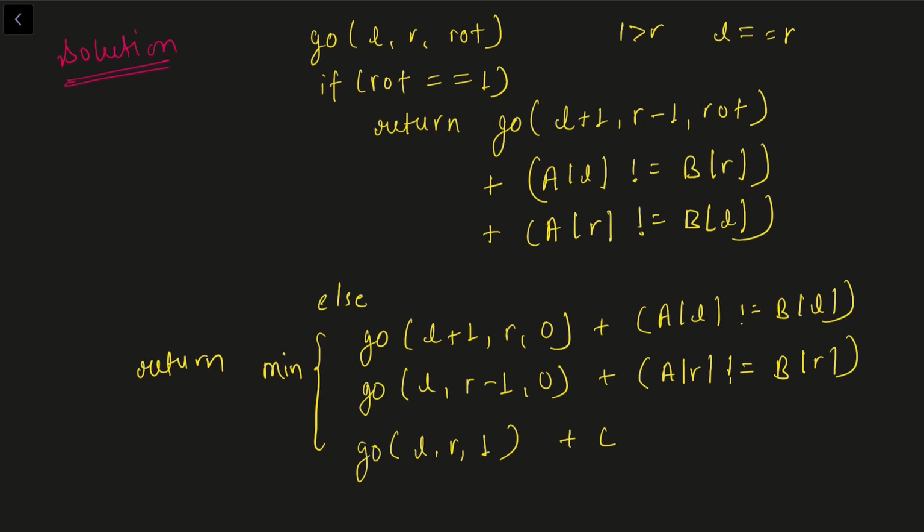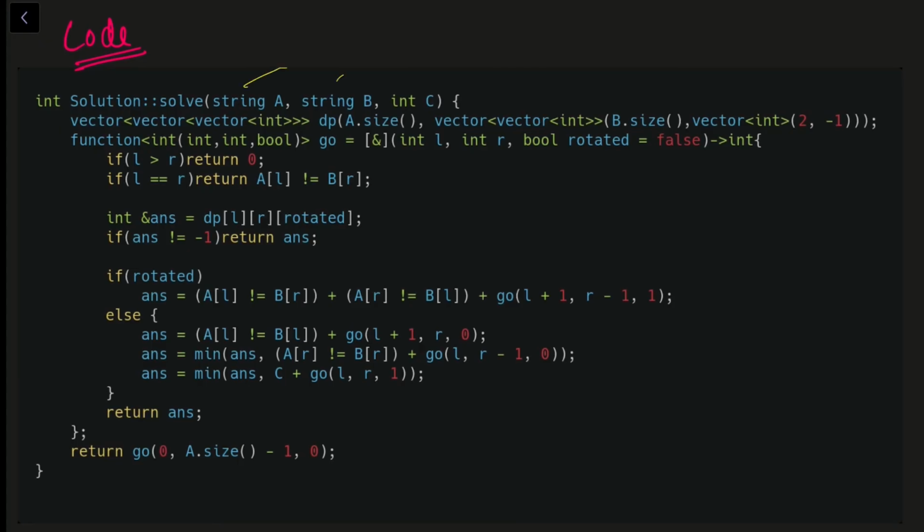Now let us talk about the pseudocode for this problem. So basically we are given two strings A and B and an integer C. Then I have this go function here which has three parameters L, R and rotated. So rotated here signifies whether we have reversed the string or not, and then L and R signify the same thing. L represents the first character, R represents the last character of the current substring we are looking at. Okay, if L is greater than R, then it is an invalid interval, we need to return 0. Otherwise, if L is equal to R, then we are going to return whether the current character of string A is equal to the current character of B. If they are equal, then we need to return 0, otherwise we need to return 1. Okay, so this condition, just do that.